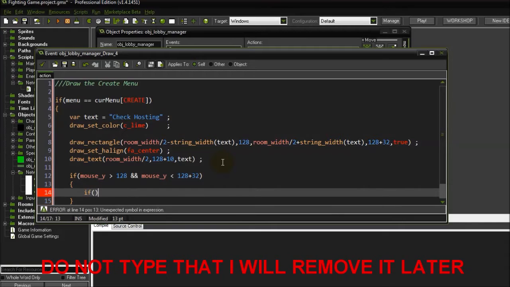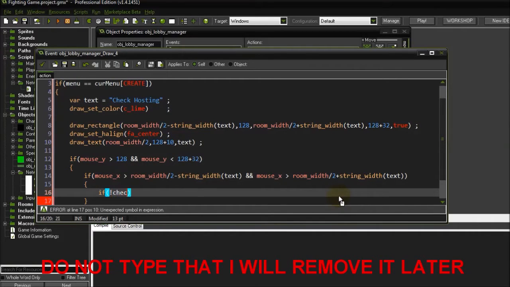If mouse x is greater than room width divided by 2 minus string width text, and mouse x is less than room width divided by 2 plus string width text, then